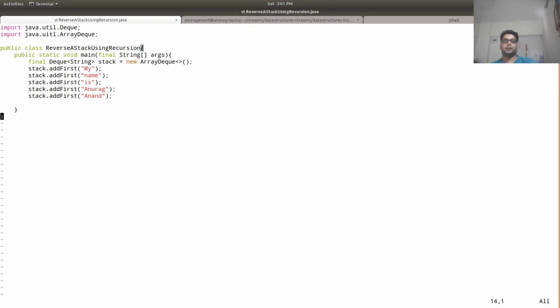This is our stack, and if I pop and print it right now, it will print that my name is Anurag Anand, but if I reverse it, then it should come as Anand Anurag is name my. So